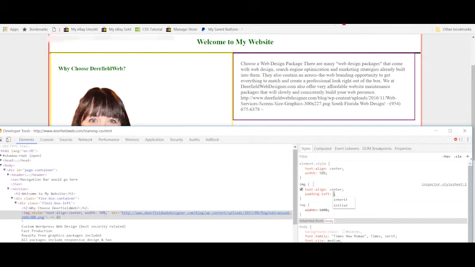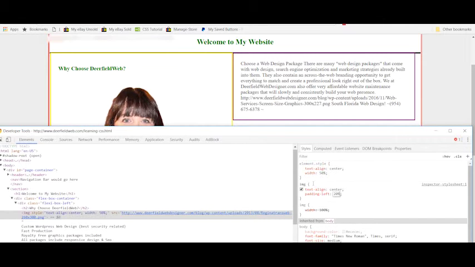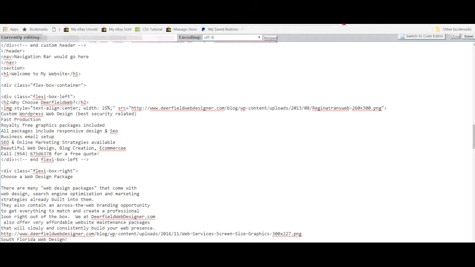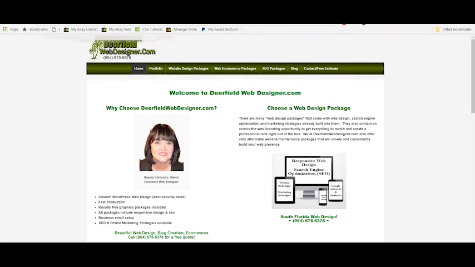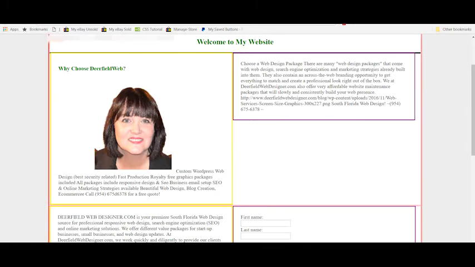Okay, that looks better. So we'll put 20% padding on that picture, and that's going to move it over a little bit. We'll take out this text align center, and we'll put padding left, and that is 20%. Okay, and let's see, save. Okay, now